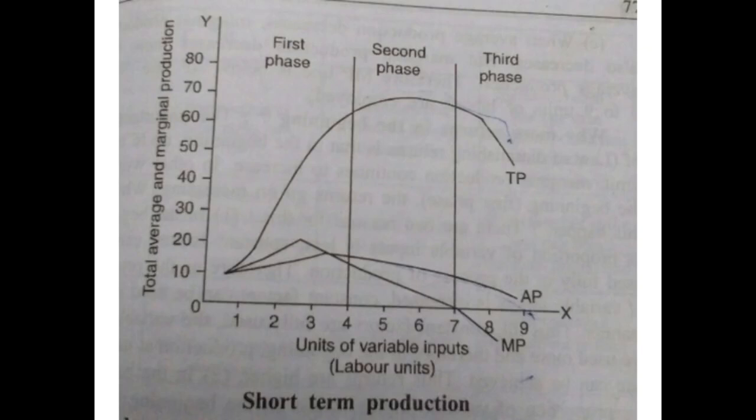Number 2, in the beginning the proportion of variable inputs is less and their use cannot be made efficiently. But by and by the proportion of variable input increases and their use can be made more efficiently. As a result, in the field of production, division of labor and specialization become more effective. Therefore, there are more returns in the beginning. Now what they are saying is that firstly we were using fewer inputs in the beginning, so returns were increasing.